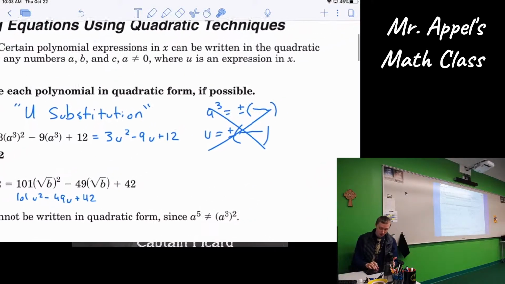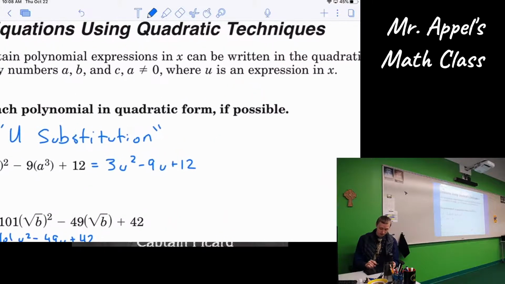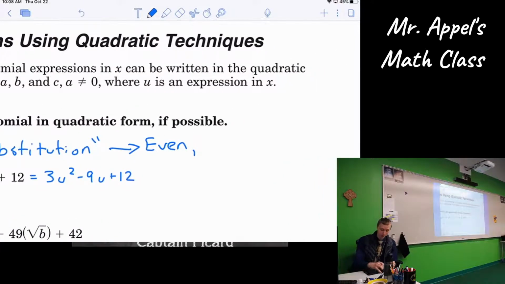So U-substitution in this context is good for, you need an even power, okay, or a 1/2 power,